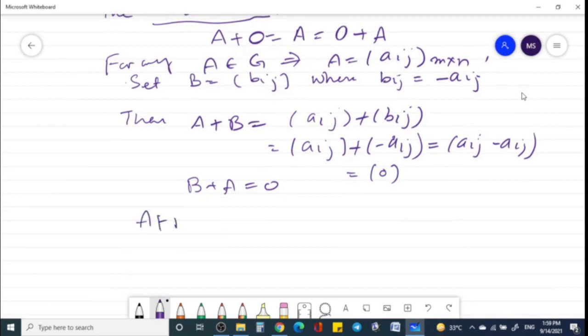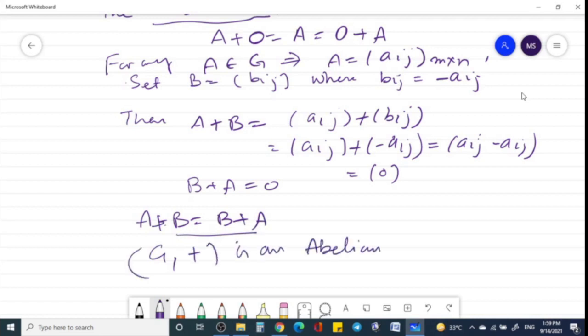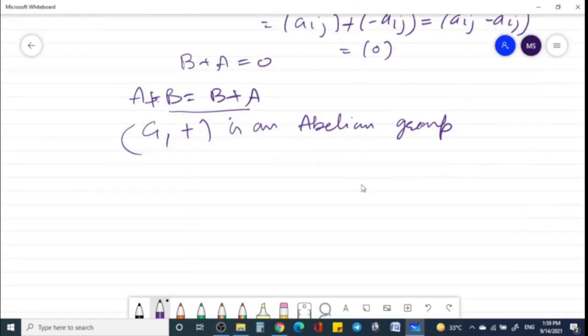And last, A plus B is equal to B plus A. The matrix addition is commutative, so we can see that G is an abelian group, or a commutative group. There can be more examples that can prove this. We can see about the same group G. Now we consider